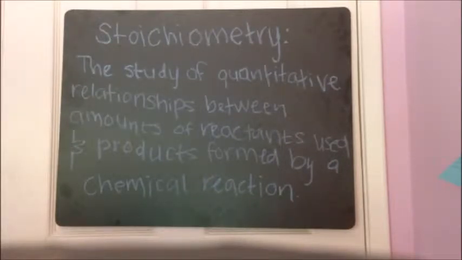Lastly, we need to know the molar mass of the substance we are given. Once we have all these parts, we can begin the problem. In a stoichiometry problem, you would first multiply the number of moles of the known substance by the mole ratio, which can be found by looking at the coefficients in your balanced equation. Then you would multiply this